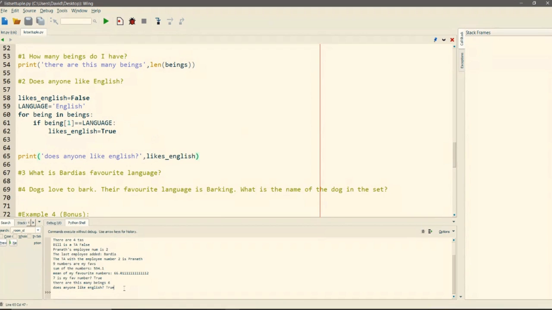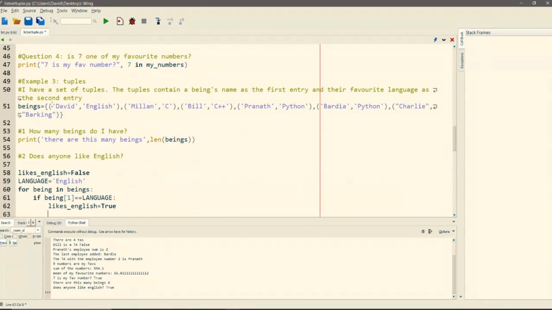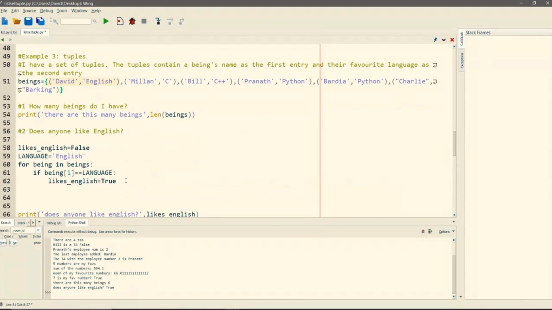So something that you may or may not have been taught. If you're very comfortable with for loops, one very interesting thing is you may have noticed this is a bit inefficient. The first entry likes English, so we know that at least someone likes English. But for some odd reason, we still check every single other entry.